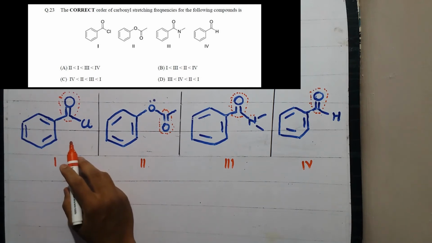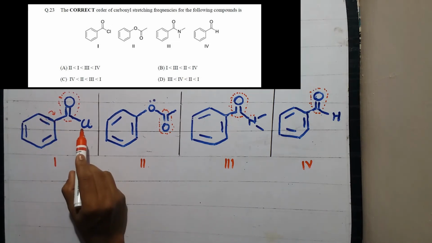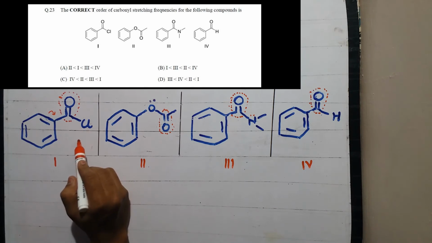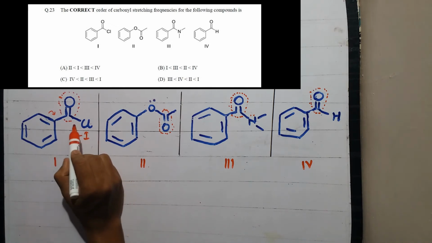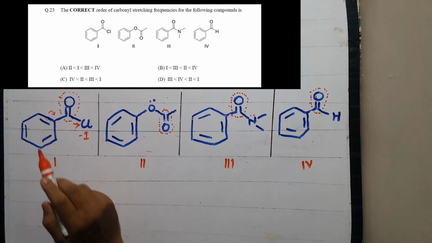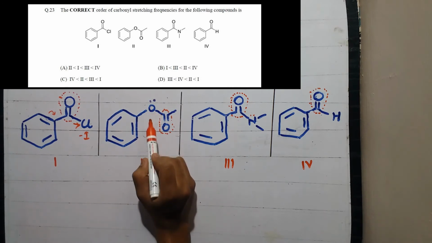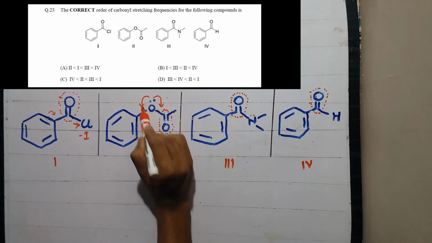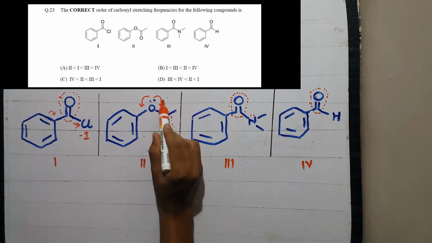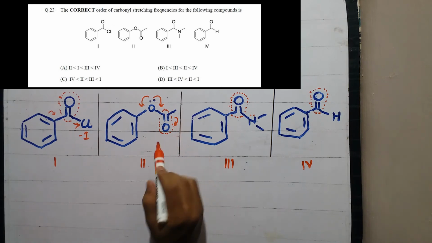the first molecule, there may be conjugation of this bond, but there is a chlorine atom present which is electronegative and shows a minus I effect, that is, the electron cloud around the carbon is dragged towards the chlorine, hence the conjugation would not happen. In the second option, as the oxygen is present, it contains a lone pair, so there is a probability of conjugation of this lone pair here as well as here. As this lone pair conjugates, the CO bond order may decrease.